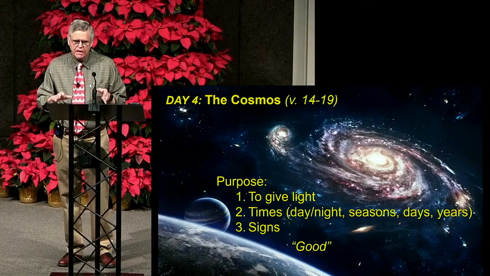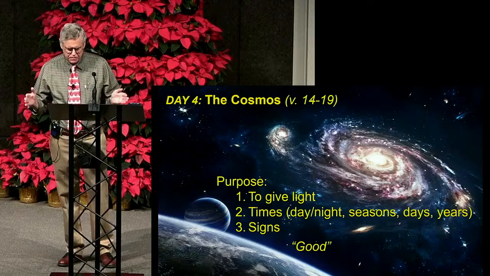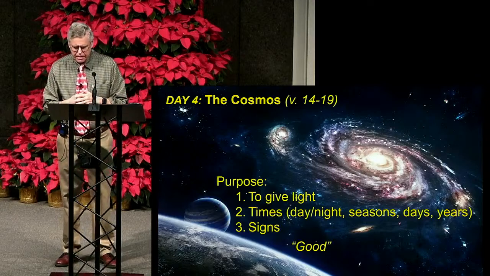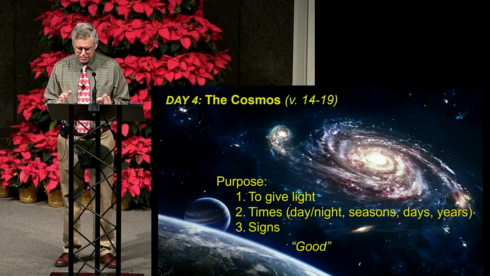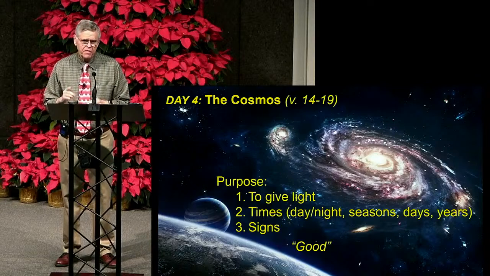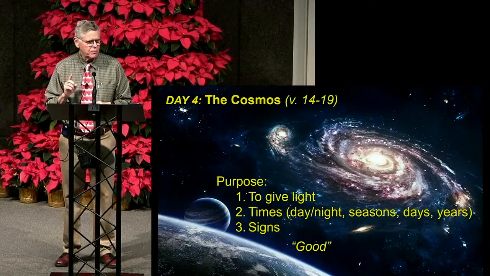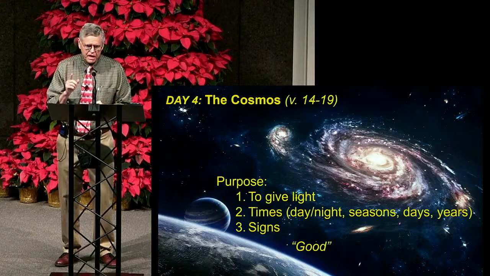Now, I'm going to try to see if I can help you relate to how big that 93 billion is. Light travels at about 186,000 miles per second, a little bit more than that, but we don't have to be real exact here. So what that means is in just 1 second, light could travel around Earth's equator 7.5 times. In 1 second, 7.5 times.